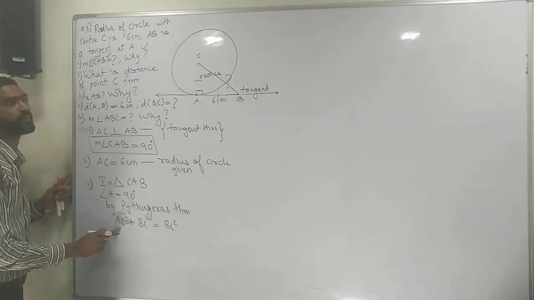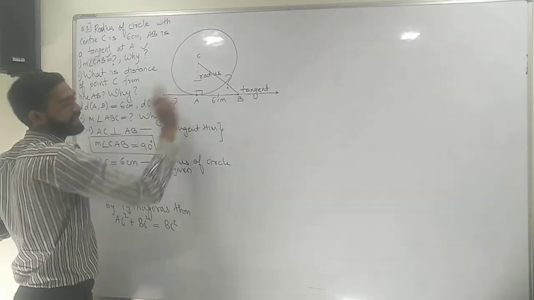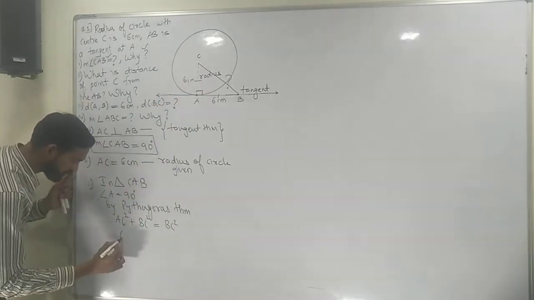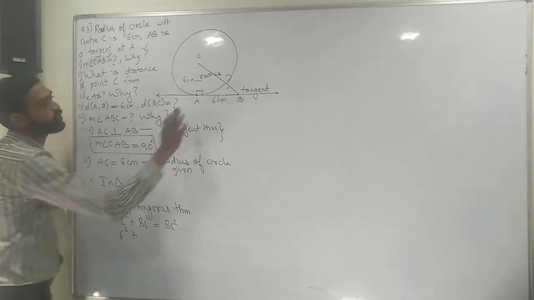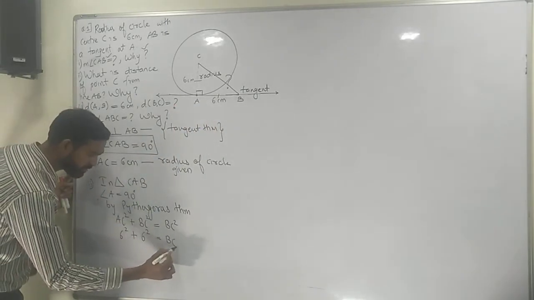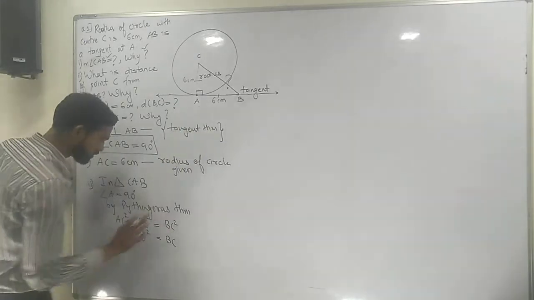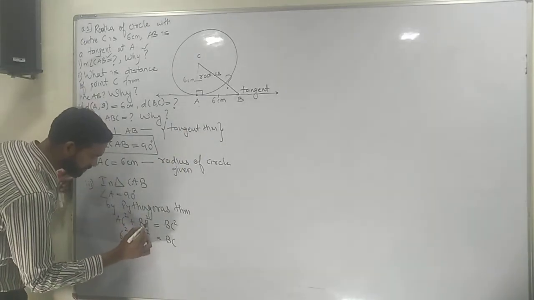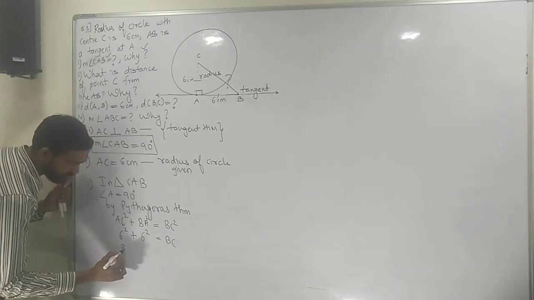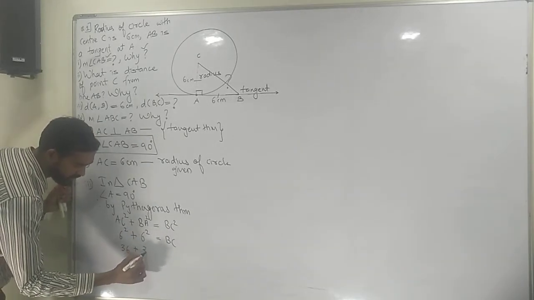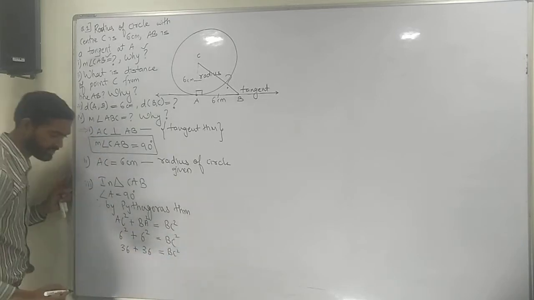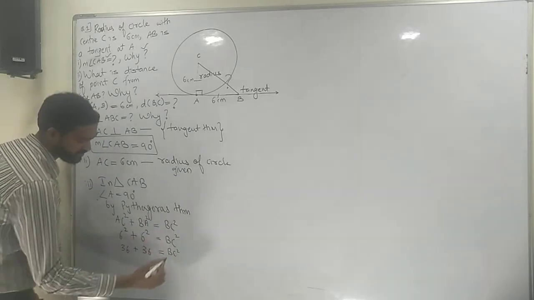Now what is the measurement of AC? AC was my radius, and the radius was given as 6 centimeter. So here I write square of 6. AB is already given, 6 centimeter. This was AB, not BC. Now 6 square will give me 36. This will also be 36. So BC square as it is. Now 36 plus 36, how much?